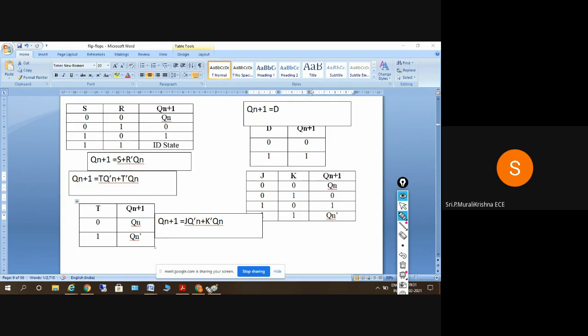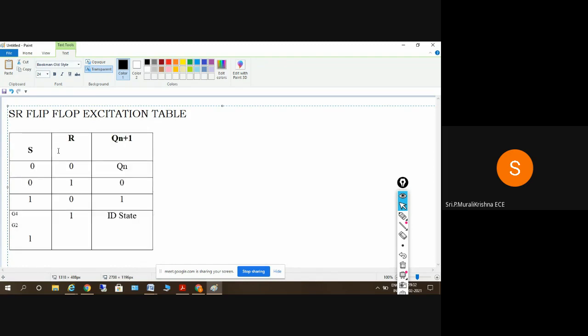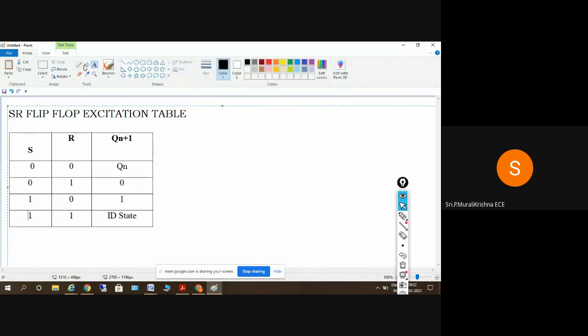Okay, so these are the truth tables here. We'll identify the excitation tables right now. SR flip-flop excitation table. So this is the truth table, and what we need is the excitation table. In the excitation table, what we mention here is, I'll mention